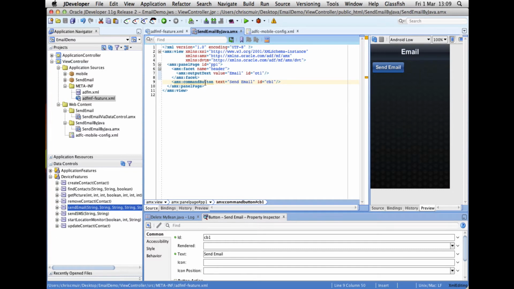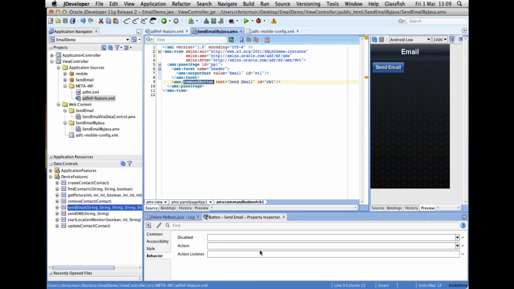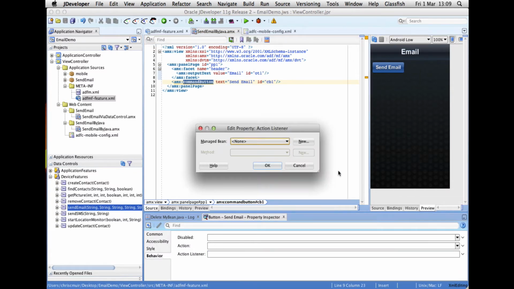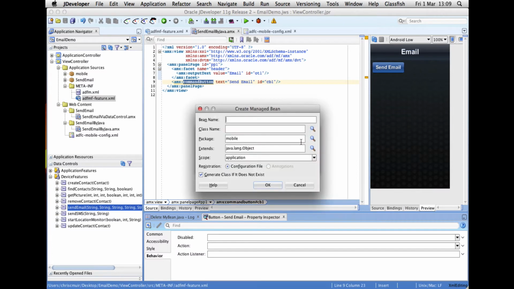Now what I want to do is wire up a POJO or a managed bean in order to call the Java APIs when the user clicks on the button. In fact, when the user taps on the button on the mobile device. The very quick way to do that in JDeveloper is to select the command button, then within the property inspector go to the behaviors option, and for the action listener, click on the little button here, click edit, and I now have the ability to quickly create a bean